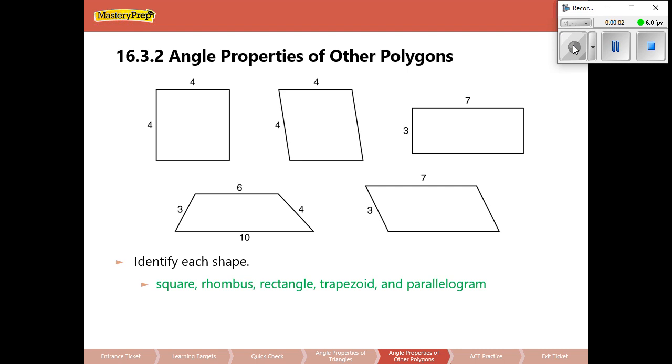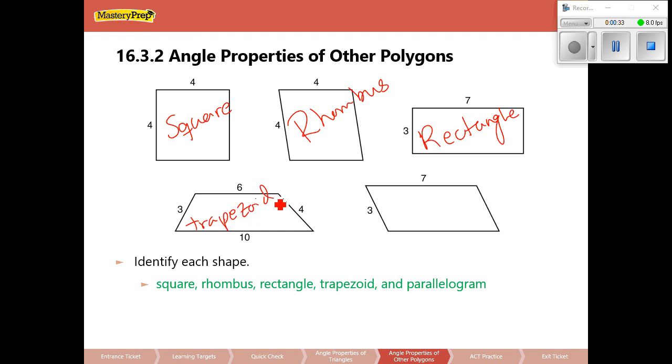So where we finished the day before is talking about angle properties of other polygons. Now we went on and identified each one of these shapes. This here was our square, rhombus, rectangle, trapezoid, and